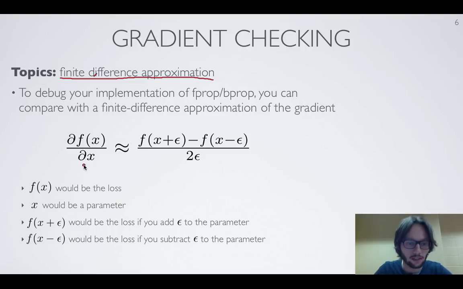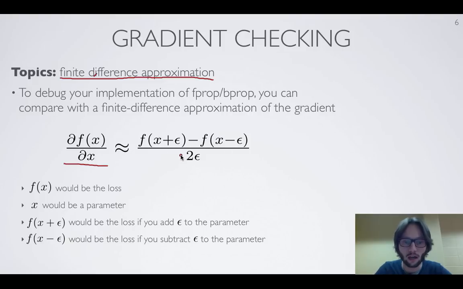So the idea is to notice that by definition, the partial derivative of a function with respect to x is taking this expression here, so f of x plus some epsilon minus f of x minus some epsilon, divided by the size of this gap between x plus epsilon and x minus epsilon, so 2 times epsilon,